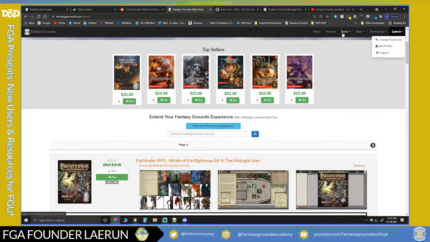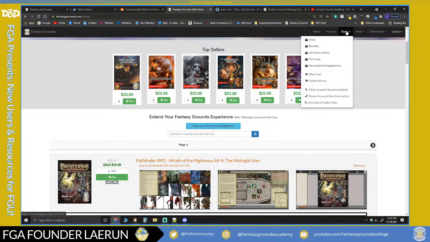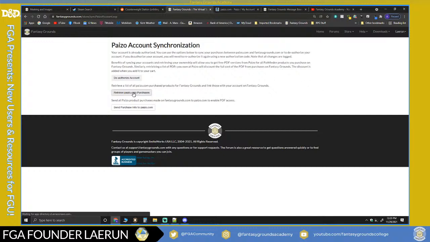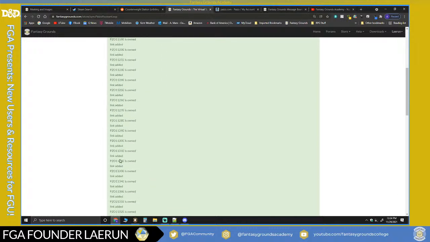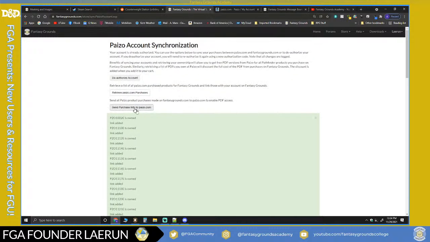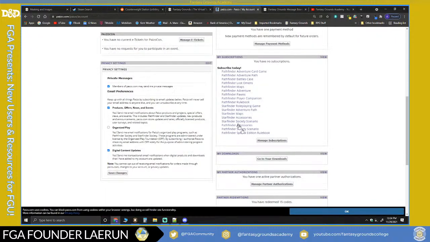If you go to your history or the store, and you go to the Paizo account synchronization, this is where you would retrieve all of your Paizo purchases from the website, and it lets me know which ones I already have owned. And then you can send all your purchases to Paizo for the stuff that you've bought that's different, and it will synchronize all that to the store on the Paizo store, and then you'll get the difference in the cost.